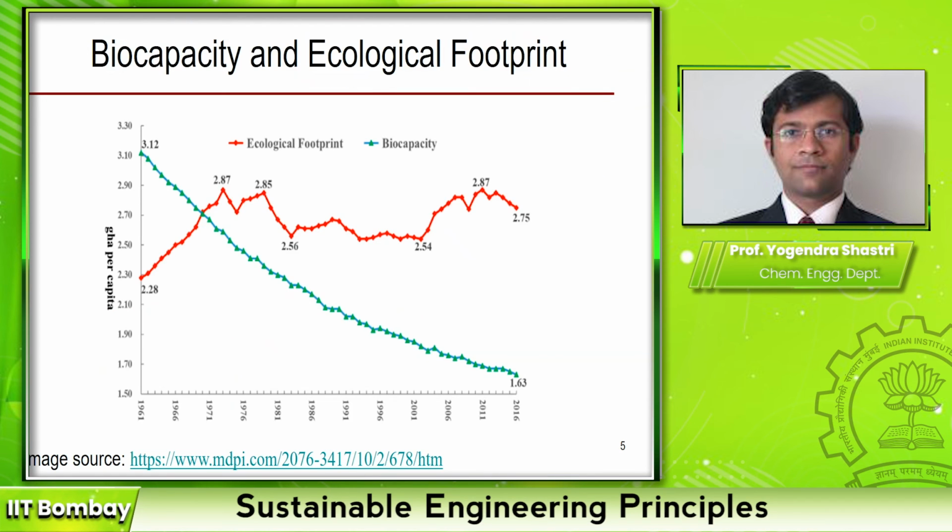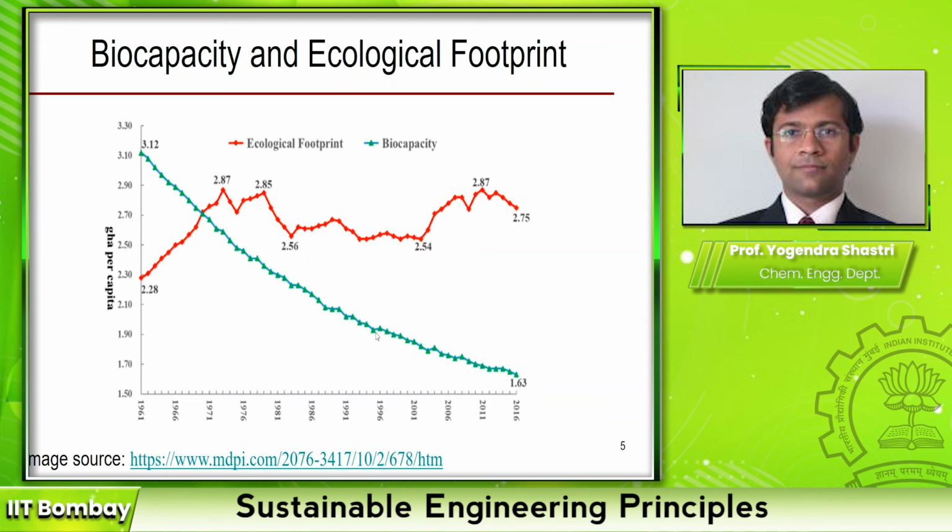If you look at the trend in both ecological footprint and biocapacity, it looks something like this. On one hand, ecological footprint, although it has stabilized a little bit, has gone up from 1960. So you have an ecological footprint that is increasing or at least not decreasing in the long term. But unfortunately, the biocapacity itself is going down, because the lands are getting degraded, the fishing stock is getting degraded, and so on. So even if we are able to maintain the ecological footprint at a constant value, it may still not be sufficient if the biocapacity itself goes down.